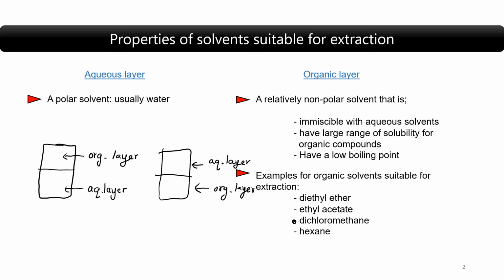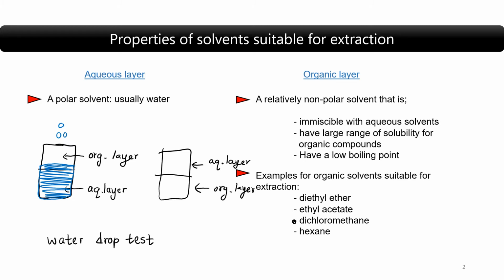We would do something called the water drop test, which is basically adding a few drops of water, and we observe which layer this water would join to. So the water will obviously join the aqueous layer, so the aqueous layer will grow in size,